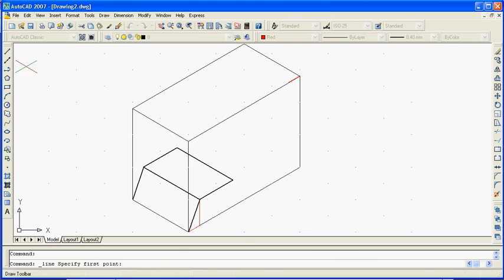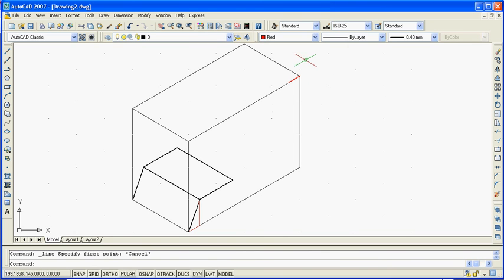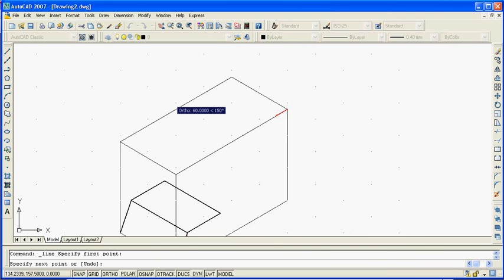enter. So now I draw a line from this point. Now escape, by layer, by layer, draw a line from this point